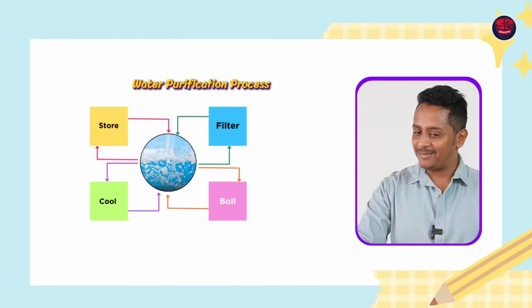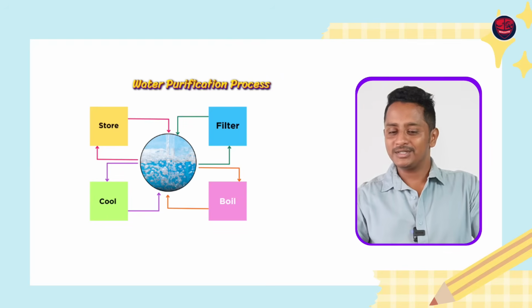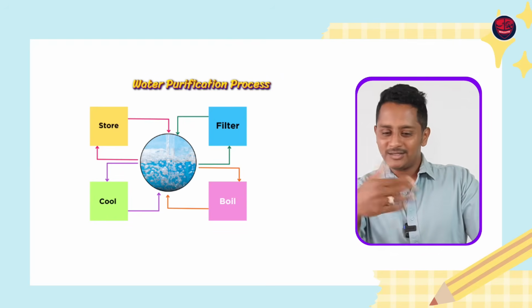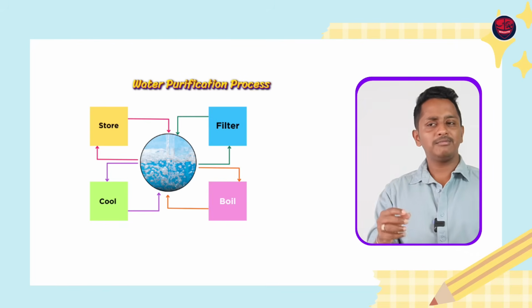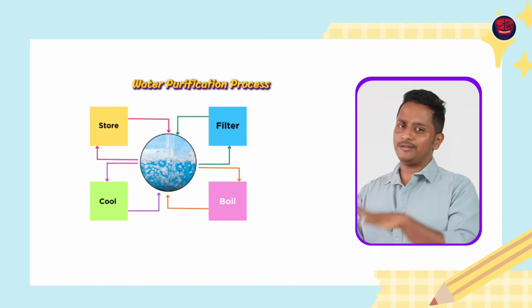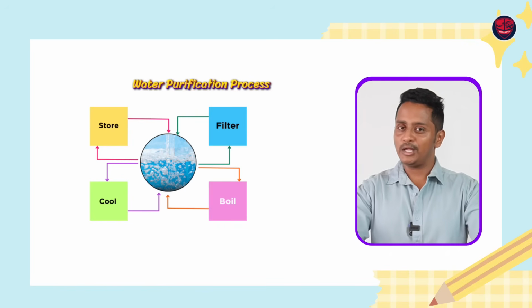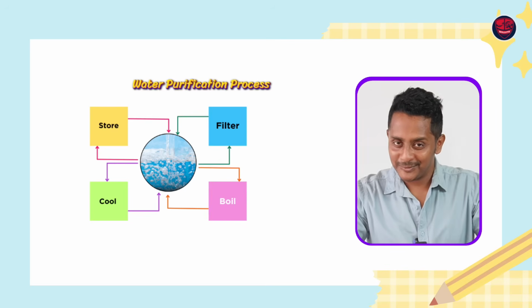Let me show you what fumble means here, the most important thing. So let's look at this particular image. It's a water purification process. We don't know what is the first step, what is the last step, so we're going to start speaking. I'm going to show you how a typical person ends up thinking he has to get 5 out of 5 in spite of making a lot of mistakes with respect to fluency.